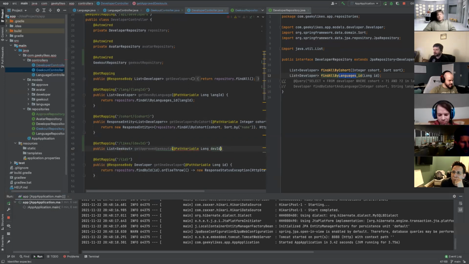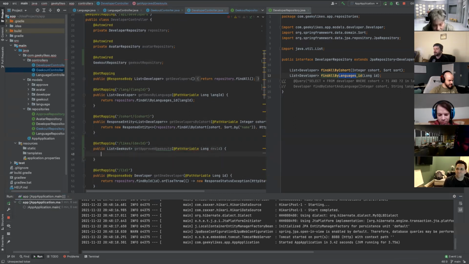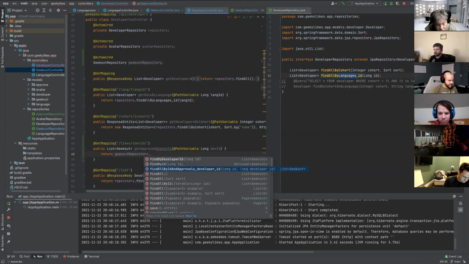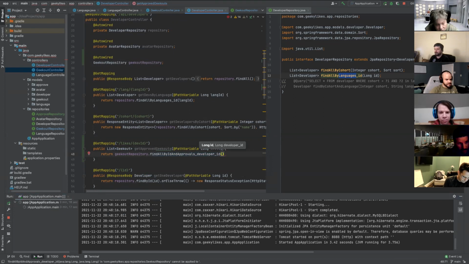Long dev ID. Return geek out repository dot find by ID and approvals developer ID. So